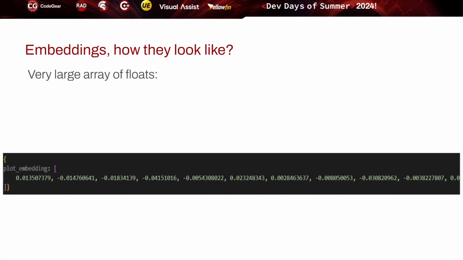And what do the embeddings look like? Well, for us developers, they are simply a very large array of floating point numbers. So this is an embedding generated by OpenAI, where I put in a phrase and got this response.